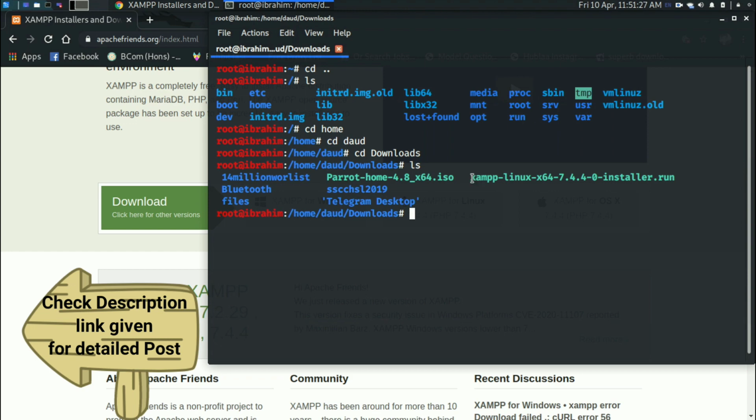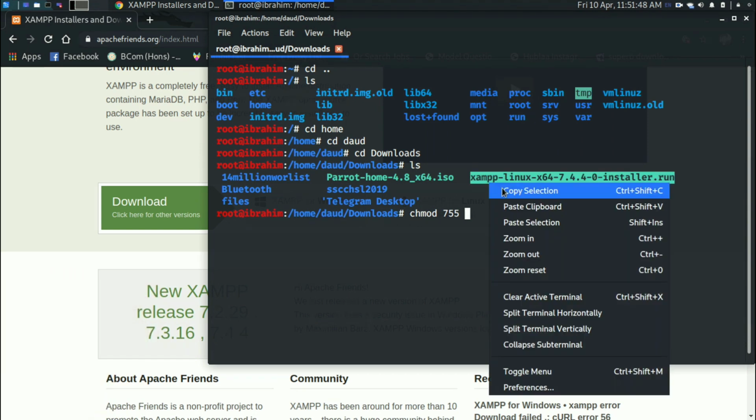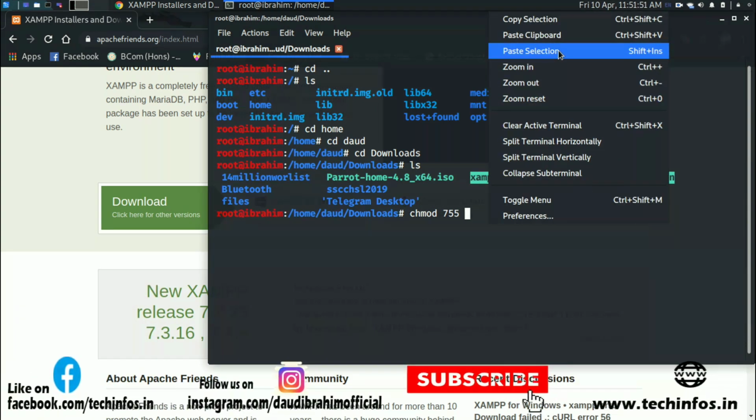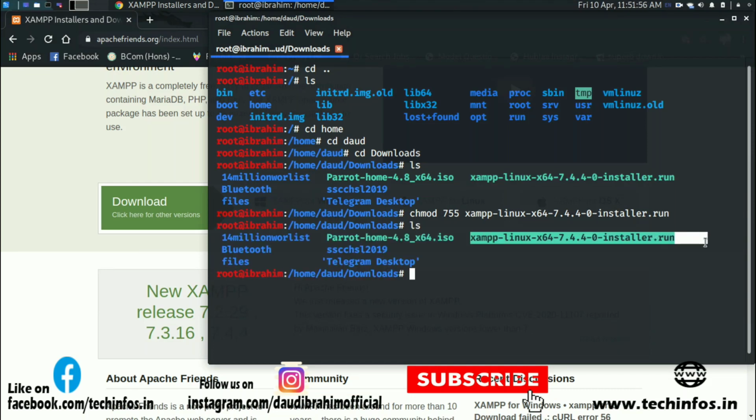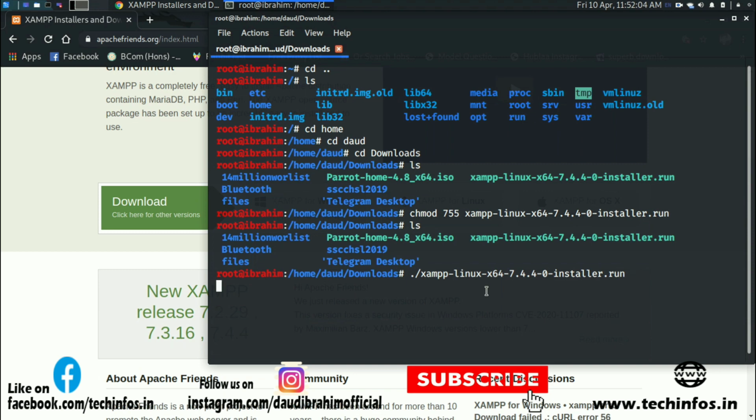You can see here the XAMPP Linux file. When you download this, it needs to be made executable to run. To make it executable, you have to enter the command chmod 755 and run it. Now you have to run it. To run it, you have to enter ./xampp, and when you press enter,